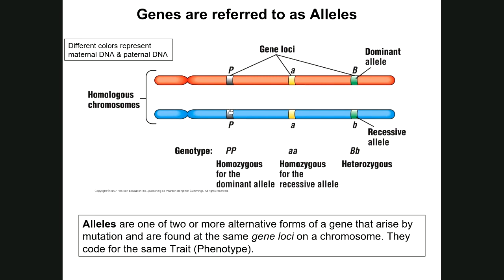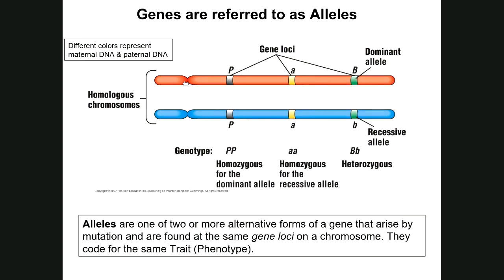However, there are two different colors, or two different phenotypes, for flower color that we'll talk about. It could be a purple flower color or a white flower color. So down here, you can see the reason why they call genes alleles. For geneticists, calling a gene an allele infers to others familiar with this discipline that alleles are one of two or more alternative forms of a gene that may arise by mutation. They'll be found at the same gene loci, as I showed you here